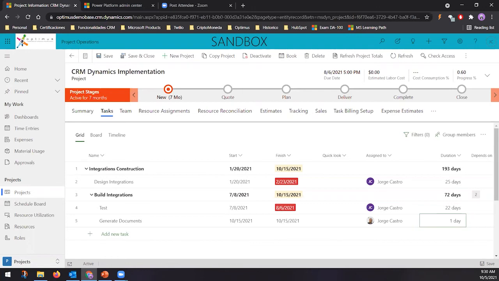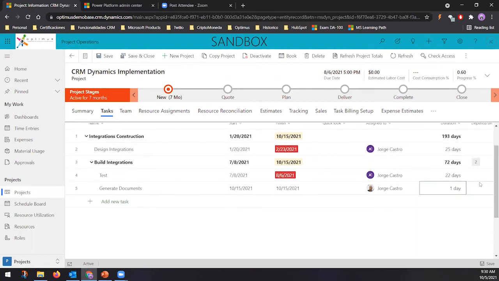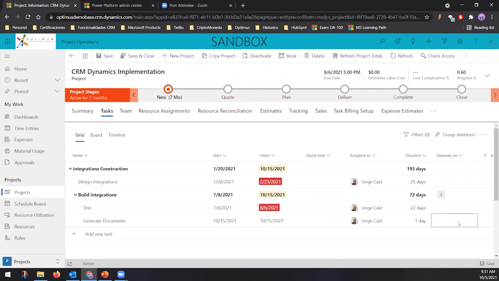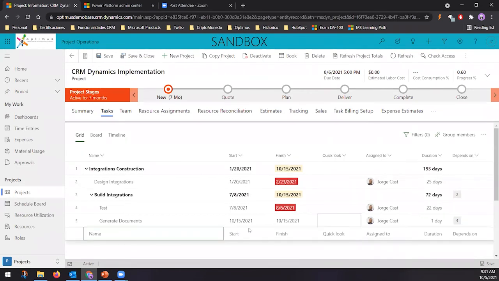Okay, sorry. Later you could configure here if this activity depends on some other. So you could configure here what's the dependency of the activity, and the CRM is going to reflect that as soon as you define it. For example, if this activity depends on the number 4, you could just put here the number and that's it. Okay. Later,